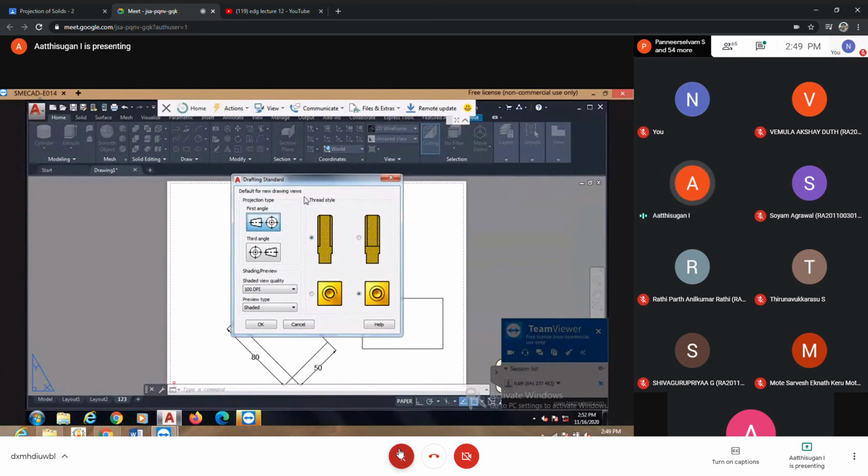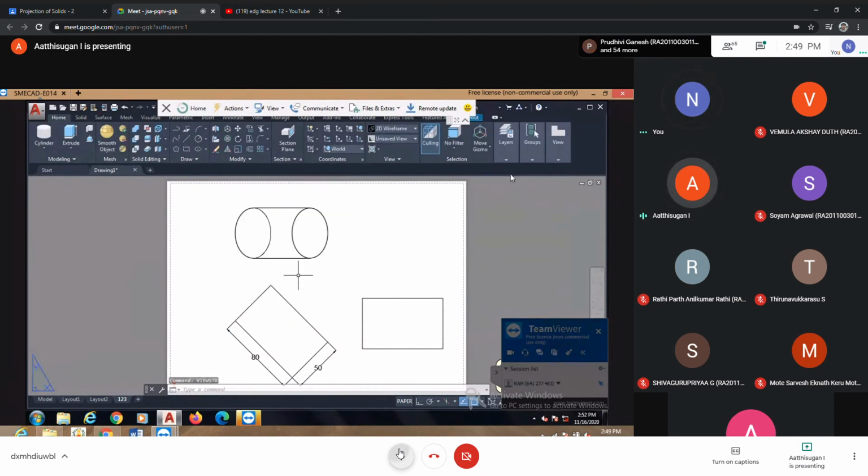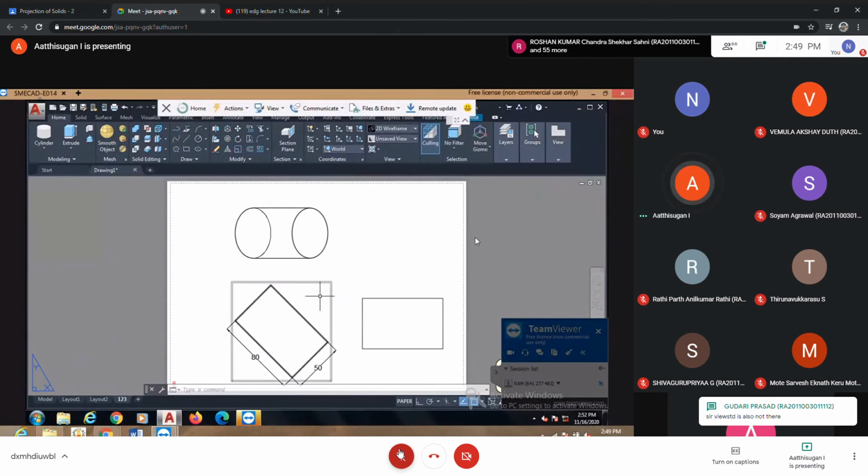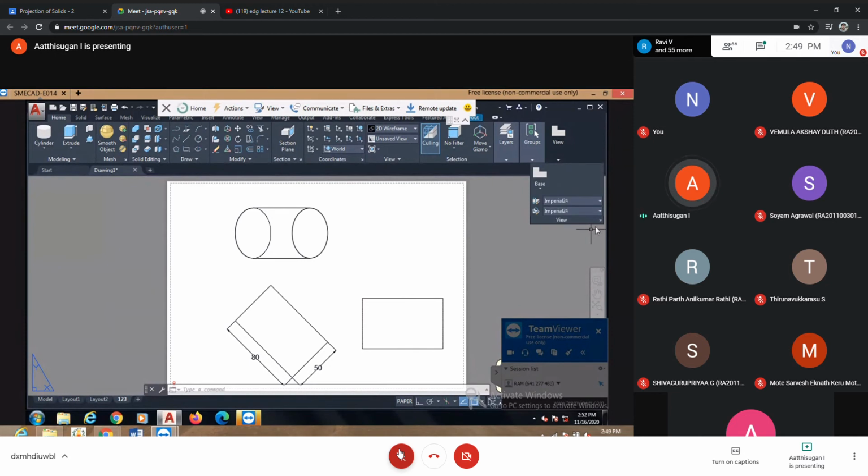Repeat once, I'm not getting it clearly. Suppose one of your friends asked about changing the first angle projection, and the view option is not coming in some lab or computer center. For that you can type it directly in the command bar, for changing the view standard, third angle to first angle. Normally we click here directly. By clicking this option, you can change it. Or else type view standard. You can get the option for changing the projection symbol, first angle to third angle or third angle to first angle.